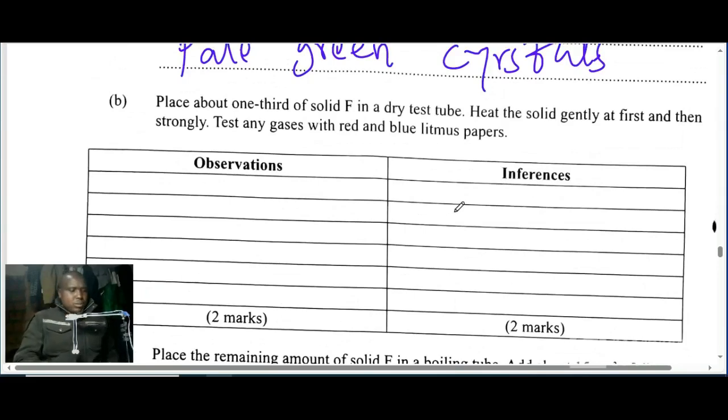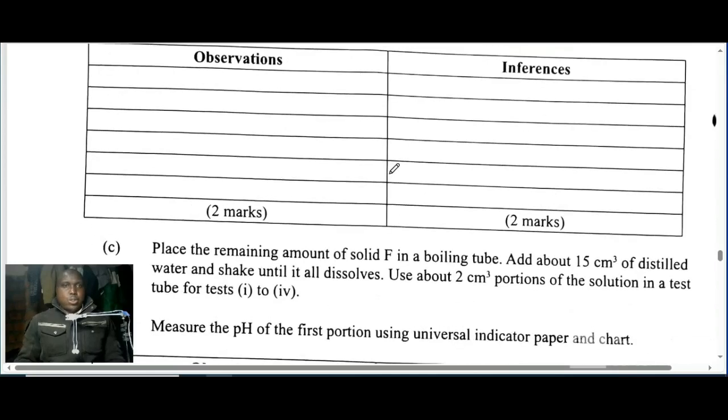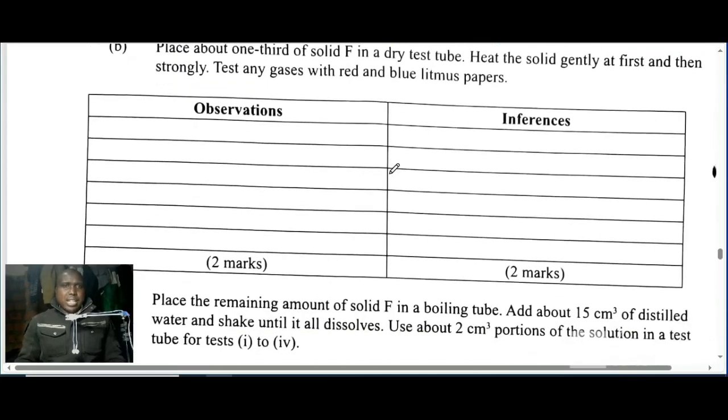So we expect several observations here. First, tell us what happened when the solid was being heated. Did you see water of crystallization? Yes or no? So in most cases, when you heat a substance, we expect for you to see a colorless